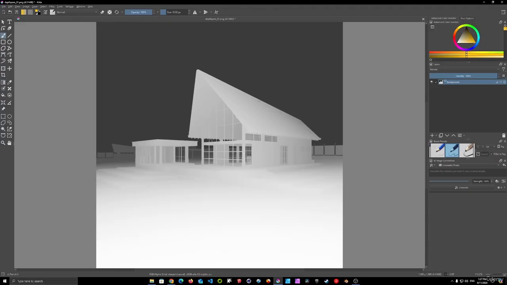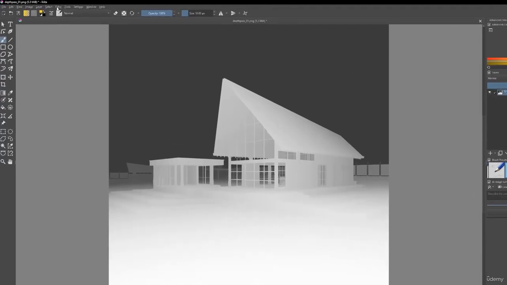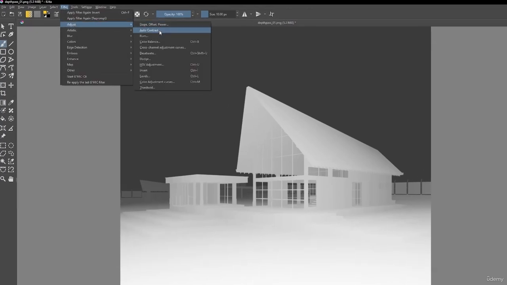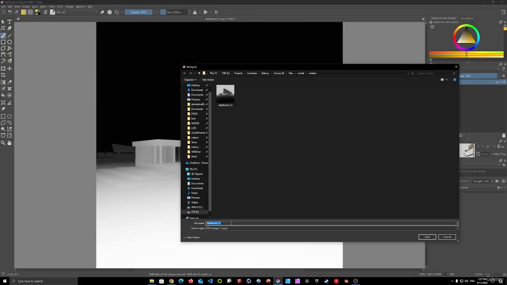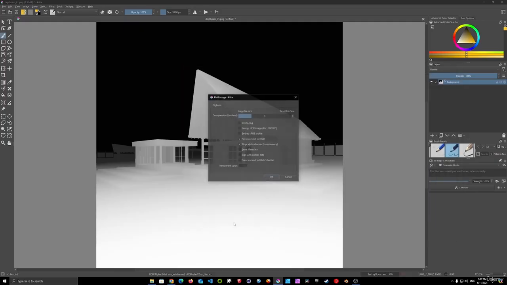And now the other thing I like to do in Krita is go to Filter, Adjust, and do an Auto Contrast. So this way, now we do have a proper depth pass. So let's save this file, and I'm going to call it depth pass. I don't know if you could call it inverted or OK or 01. I'm going to add inv to know this is the proper one we're going to be working with, and